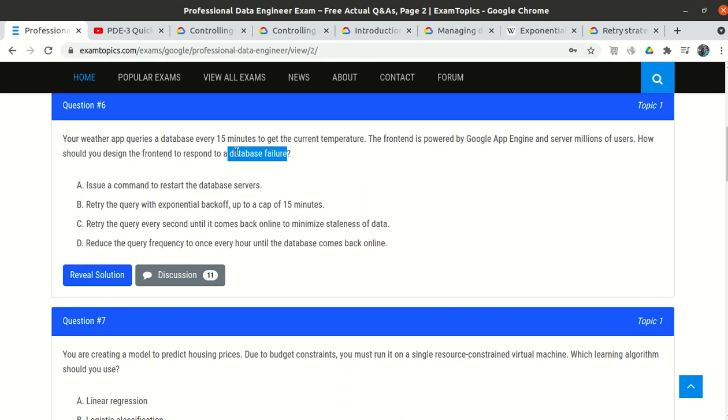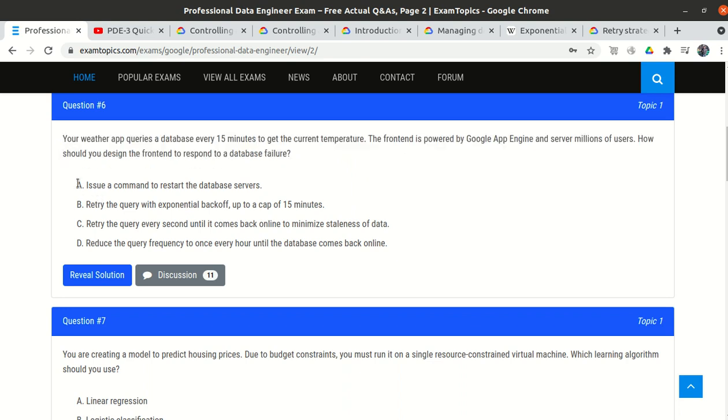Millions of users will come and retry to see the temperature, and it will impact our app, and it might break our application as well, right?